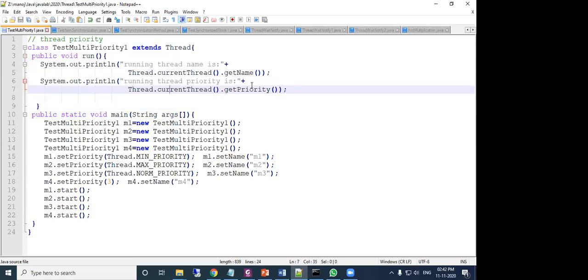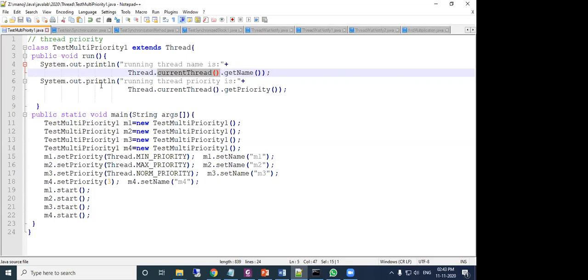In the run method, Thread.currentThread().getName(). This is to get the name of the current thread. So currentThread is a method which gets the current thread identity, then the getName method gets the name of the current thread.